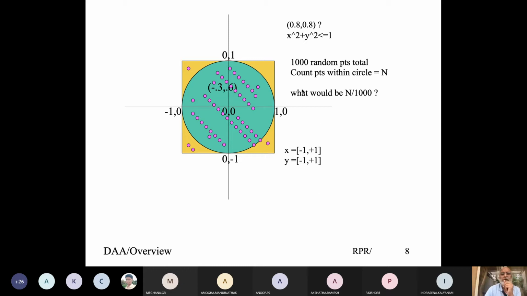Now let me take a random point, 0.8, 0.8. Will this point lie within this circle or outside this circle? Within the circle. Why?